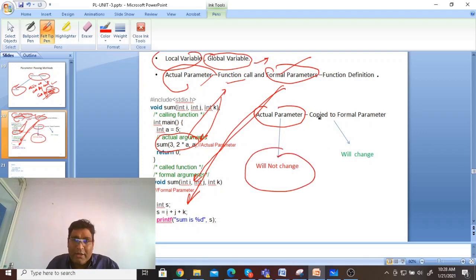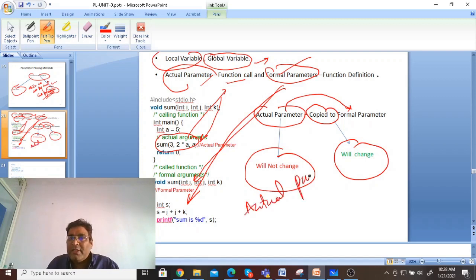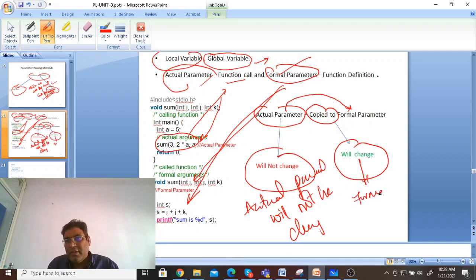From the actual parameters to the formal parameters, the value will be copied, and that can be changed. Remember one thing: actual parameter values will not be changed. Formal parameters are copied from the actual parameters, and their value can be changed. Remember one thing.